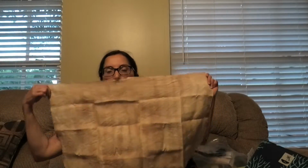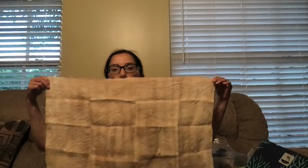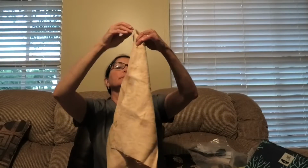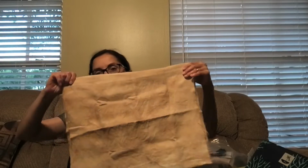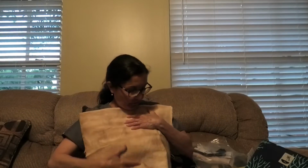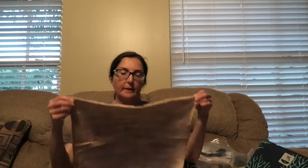It smells so good because it's coffee and tea on top of Kaniki's linen, which smells good to begin with. Her linen smells like cinnamon. And I made this beautiful striped linen, which I thought would be perfect, and it is. It's absolutely perfect. But it says fat quarter, and it looks a little narrow to me, and it's only 17